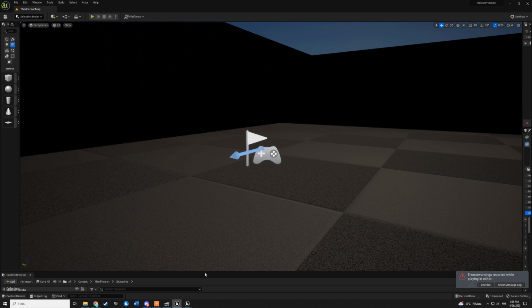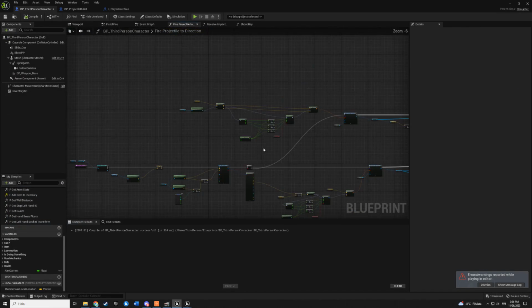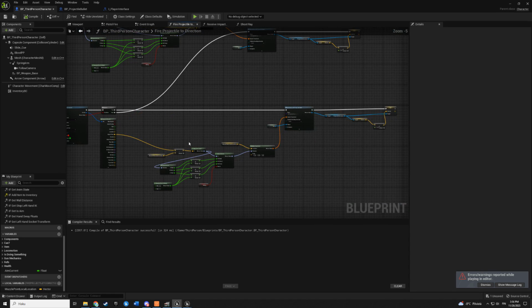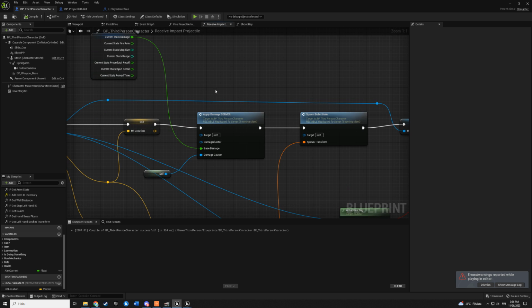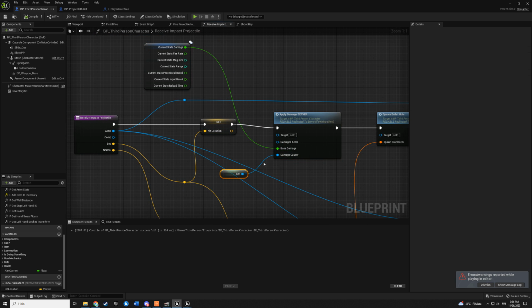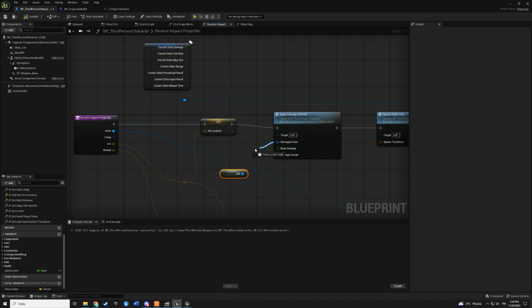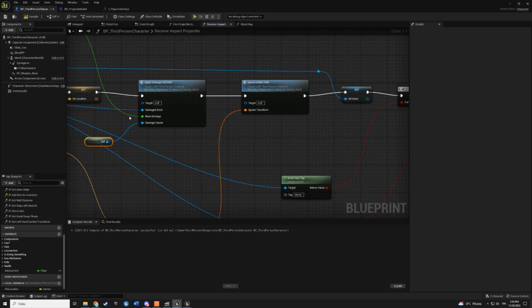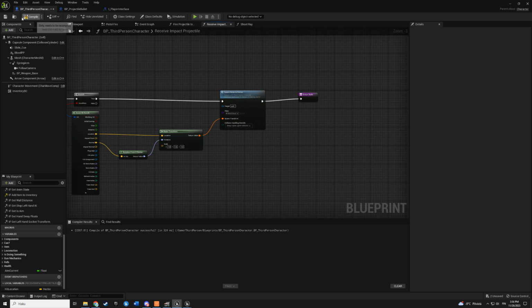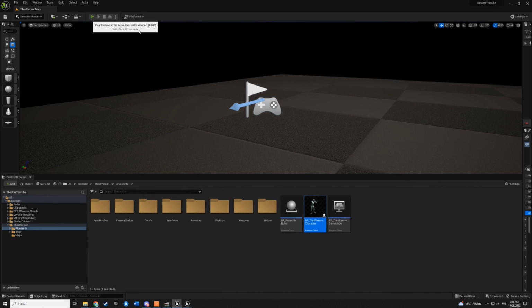Let's see. We are dealing damage somewhere, probably in receive impact. Apply damage. Damage causer. And damage actor. Yeah, these need to be connected, of course. Do we have anything else here that we need? Probably not. Probably not.